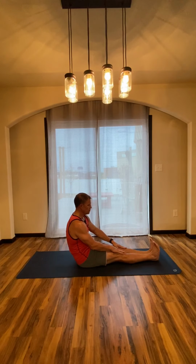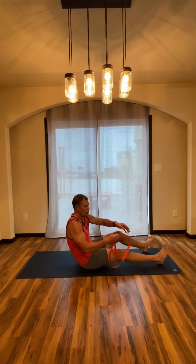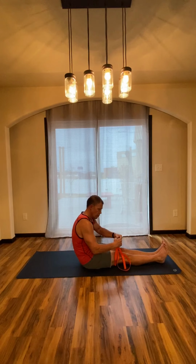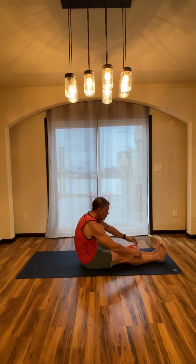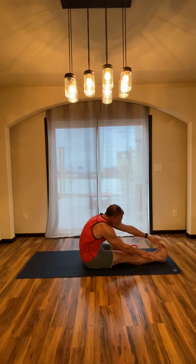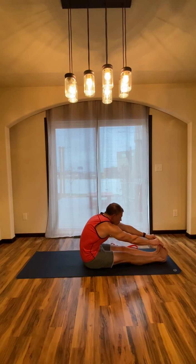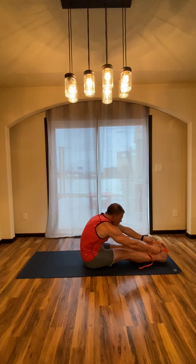One last stretch. Arms or legs straight out in front of you. Now here, you may want to use that belt or strap. If you're able, just lean forward as much as you're able, bending at the waist, and grabbing the toes. If that's not within your practice right now,